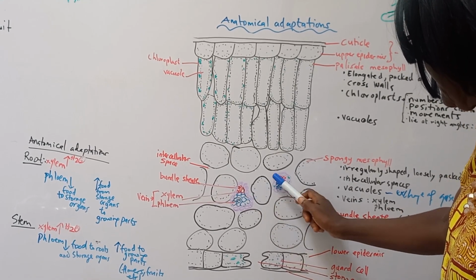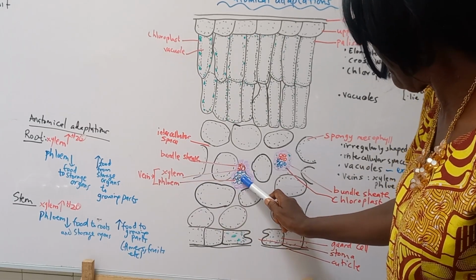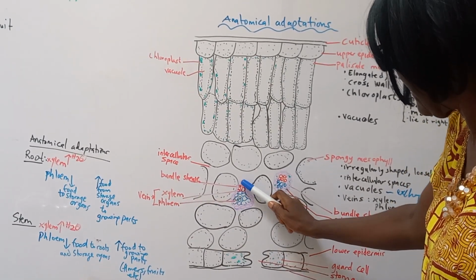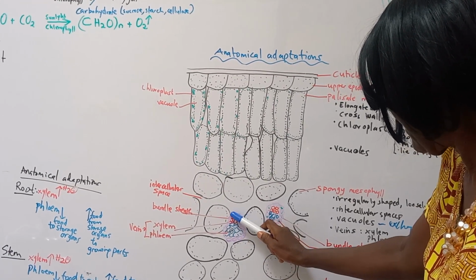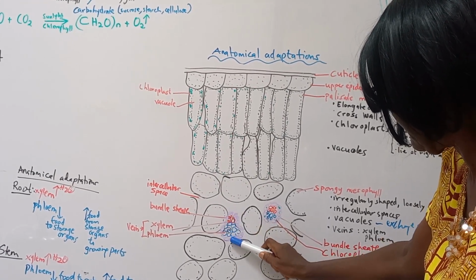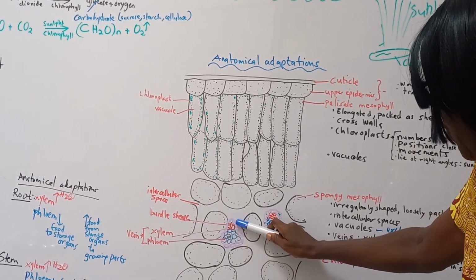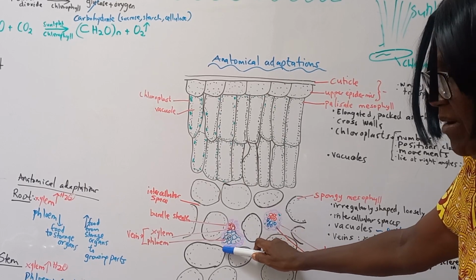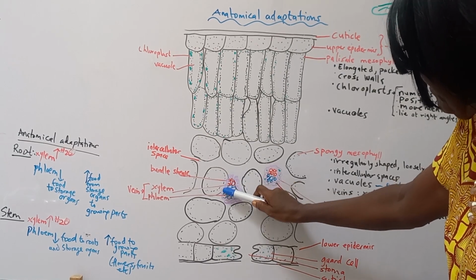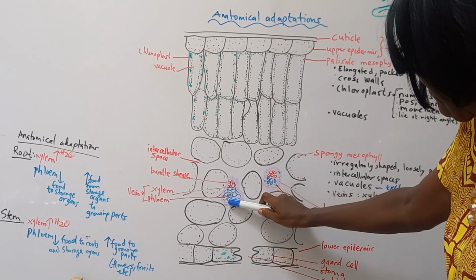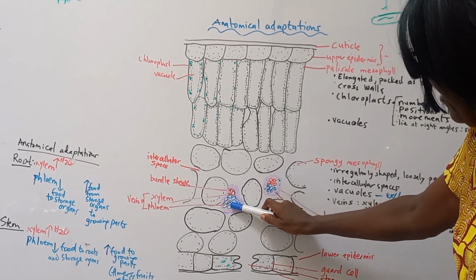Then in the mesophyll layer are found a lot of veins. This is one vein, this is one vein, and the vein is made up of xylem and phloem areas, and many veins have a bundle sheath. The bundle sheath are these cells. They are closely fitting cells. In some leaves, the bundle sheath is made up of collenchyma cells. We talked about these tissues. And in other thick leaves, the bundle sheath is made up of sclerenchyma,